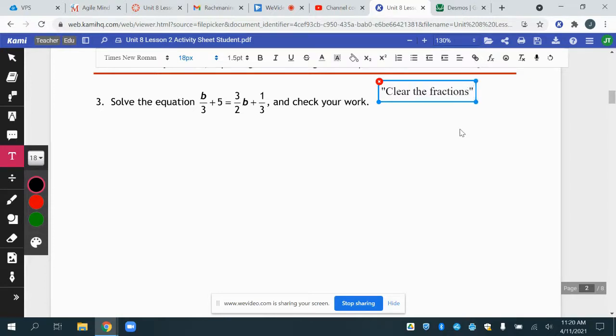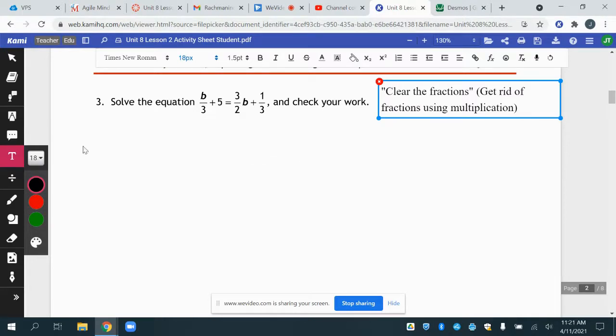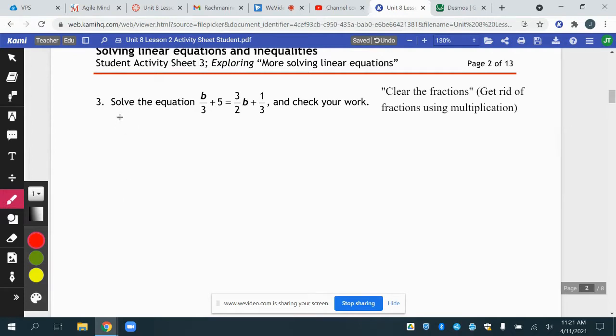This is a really good trick. Get rid of fractions using multiplication. Okay, that's a very important trick because nobody likes fractions, for some reason. And the frustrating thing is I'm going to have to write the first one. Okay, so we're going to have a b and a 3 and a 5